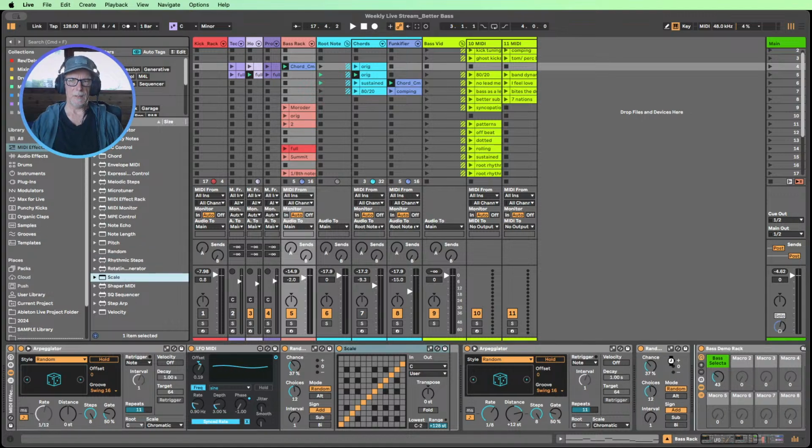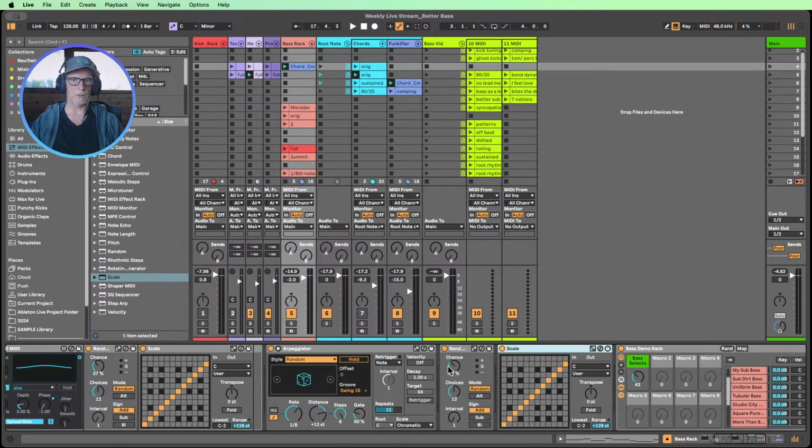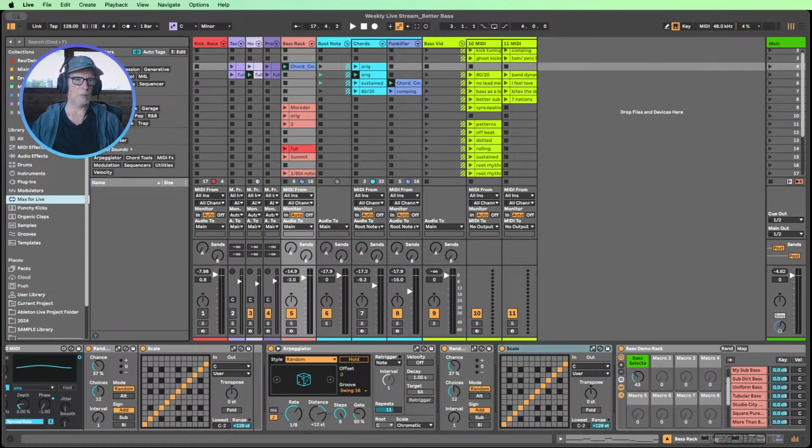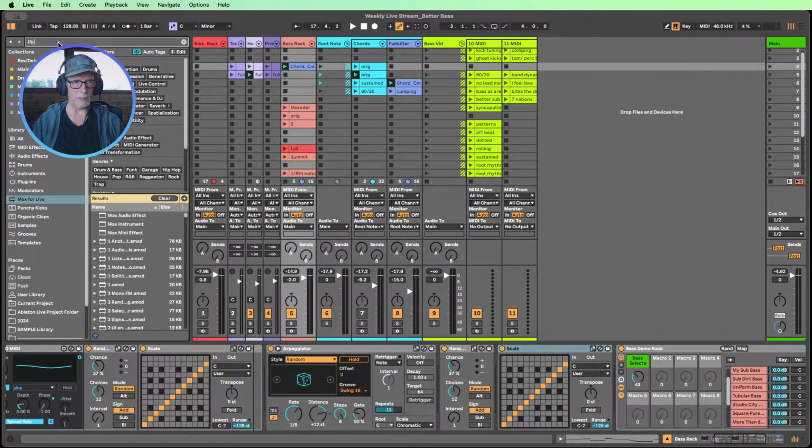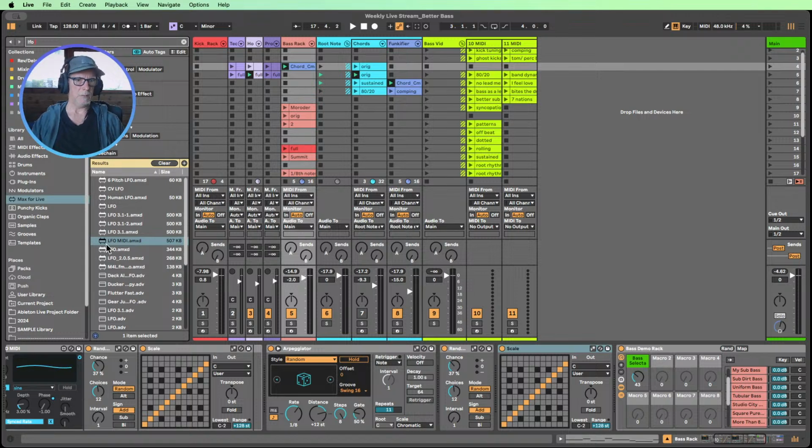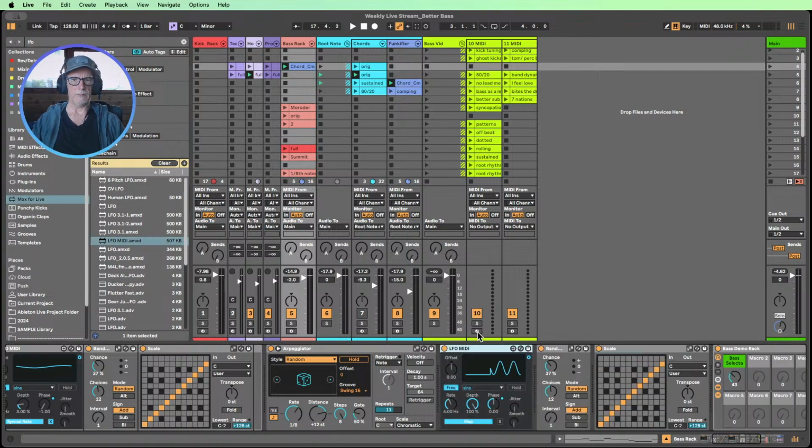What that means is that if the random moves the pitches around outside of C minor that we're in up here, then the scale will catch that and keep things in the scale. It'll force it back into the scale. So the only missing piece here would be an LFO, as I said, and a MIDI one. Here's mine here, and you drag that in and then map it over here to the rate. And then as you can see, that's too fast. So what I've done is slowed it right down, and then I've brought the depth around so that it's flicking between the rates that I want to happen, and I've offset it slightly as well.